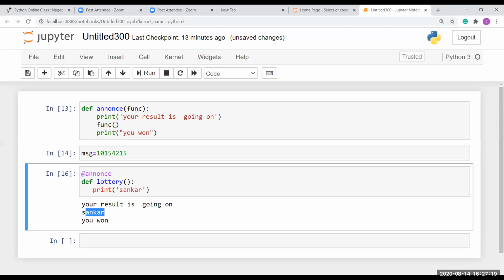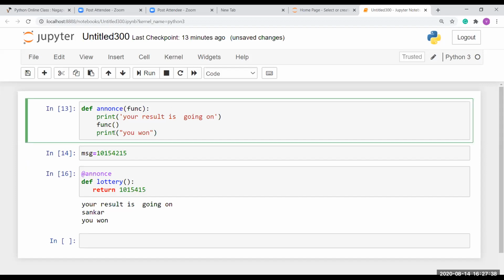Okay, so here what happened means, I have given return, right? So the function returns the value, like here the function name is 15245. Okay, the lottery function returns the value. Here I need to store the value, right?